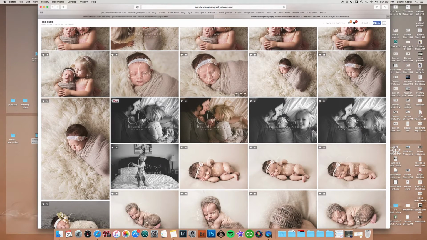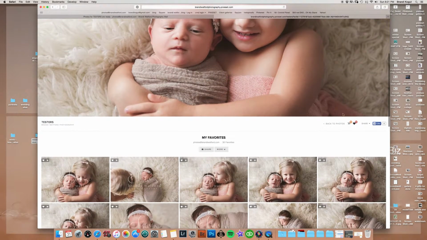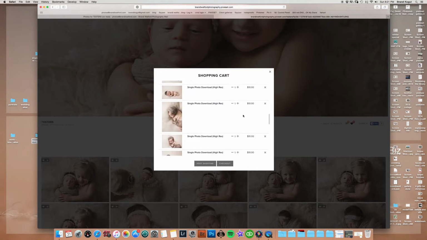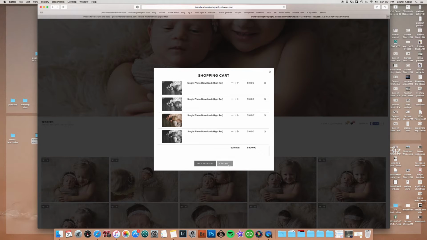So it looks like we're almost done. We got 30. Sweet. So then once you're done there, you're going to click on that cart and you're going to see that you have your 30 images. Your subtotal will be 300. If you have a coupon for 20, then obviously your subtotal will be 200. So I'm going to go to checkout